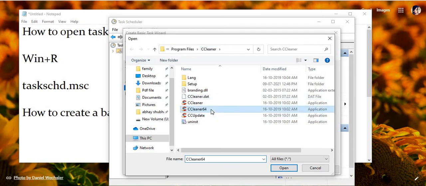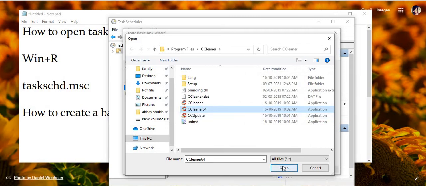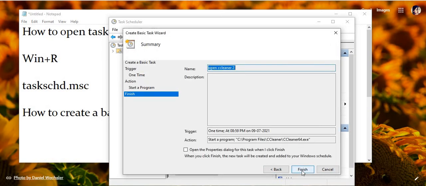Here I will select CCleaner64, that is the application file. If I select and open that, then it will be selected by the Task Scheduler to open. Like that, you just need to assign the application and then click next and click finish.